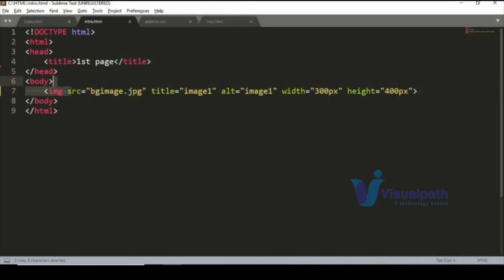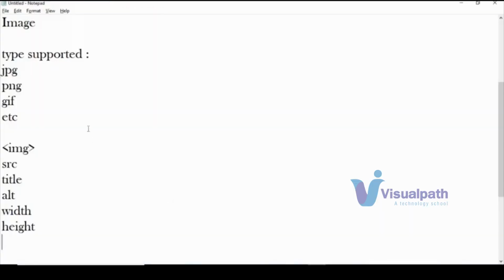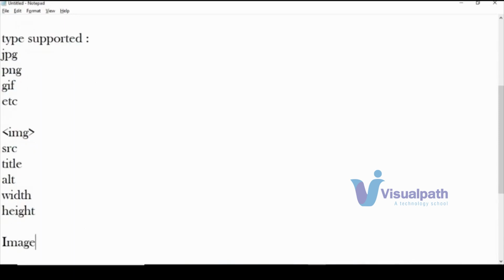Present. Okay, now let's go to the next topic, that is image map. For this, we'll first know what are the attributes and what are the tags used in this, and then we'll go on further and I'll explain you in detail also. Okay, for this, the tags used in this are